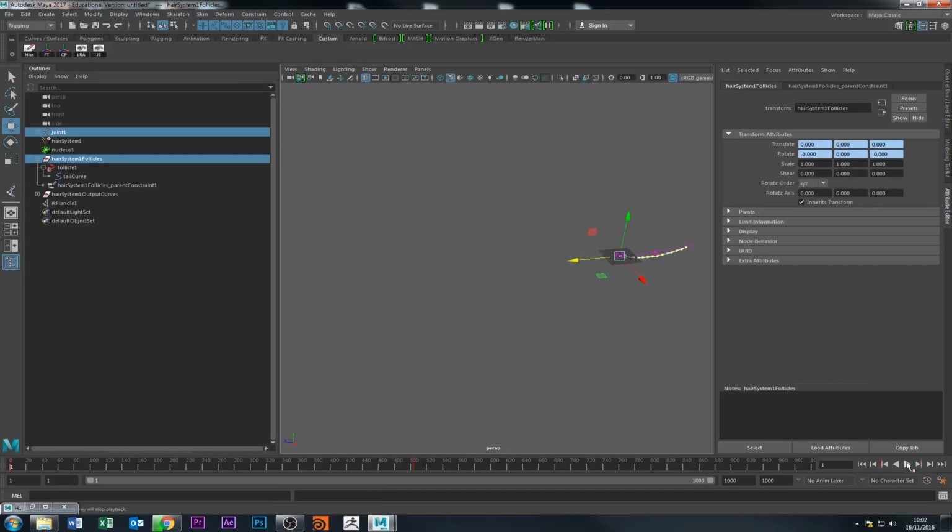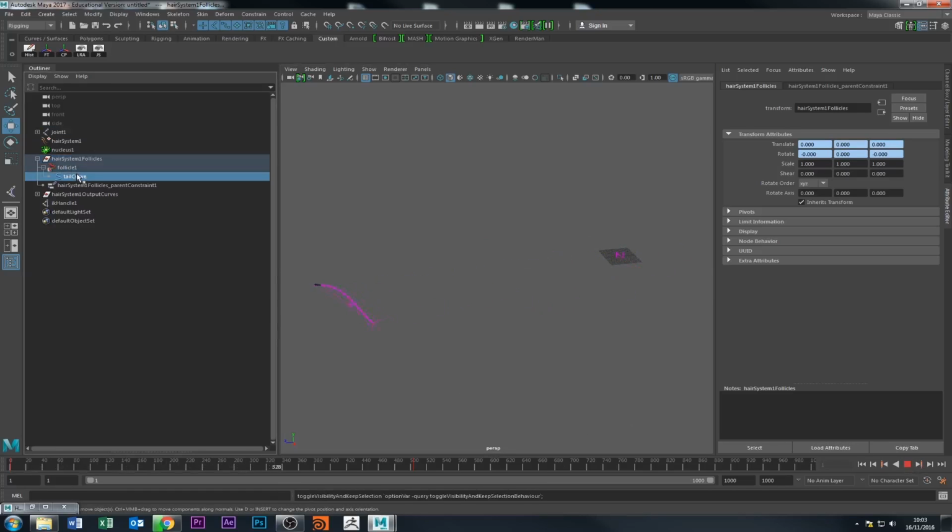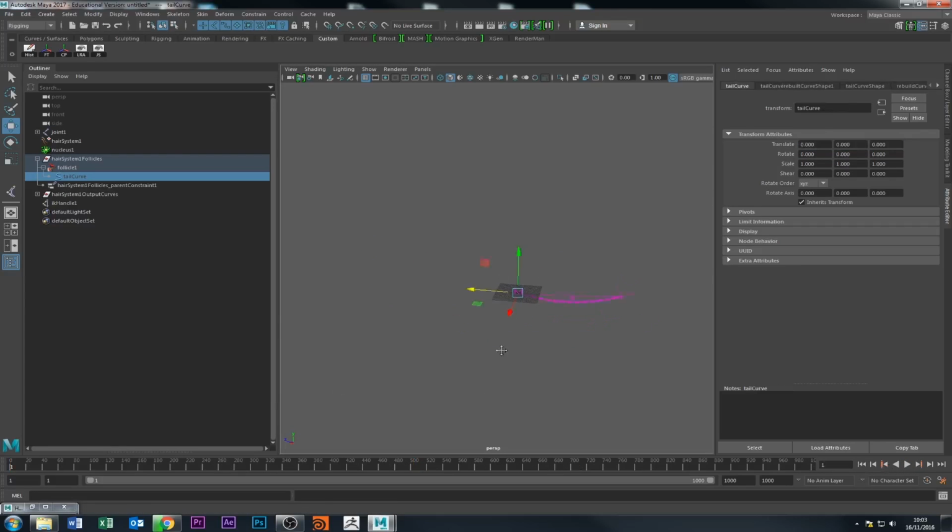So now this guy comes along. When you bring it along, let's hide this guy because that's the original curve. Now you can see that the curve comes along because you bring the follicle along. You could have done that with just the follicle. So it comes along here, then automatically